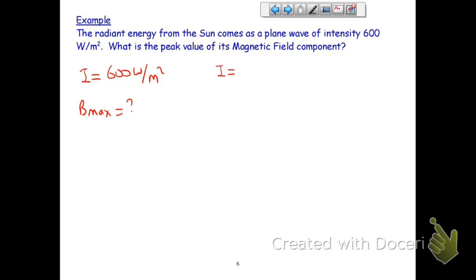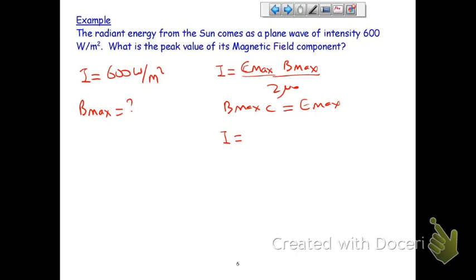I equals C. Oh, give me it in the original. What was the? Oh, the original? Yeah. E max, B max over 2 mu naught. E max, B max over 2 mu naught. And then we know that B max times C is equal to E max. And I want things in terms of B max, so I want to get rid of that E max.